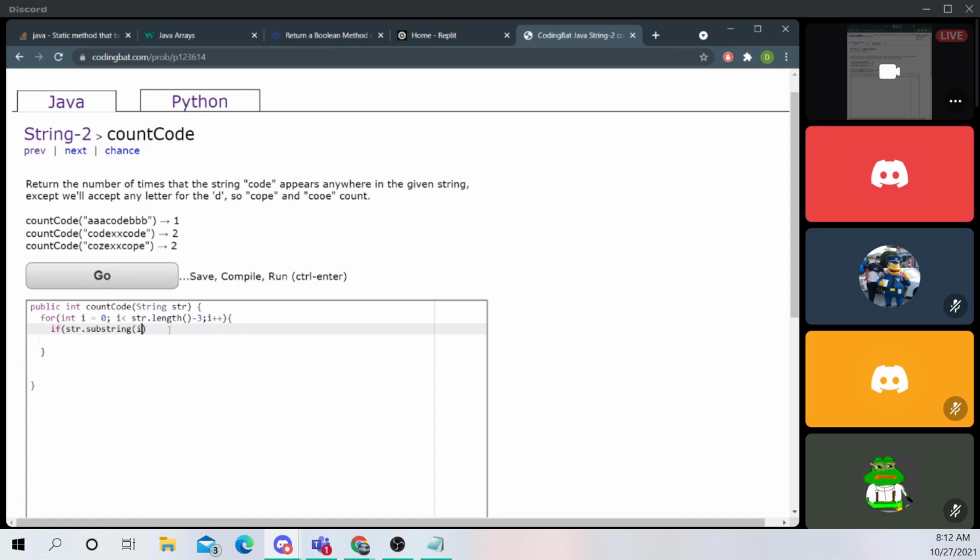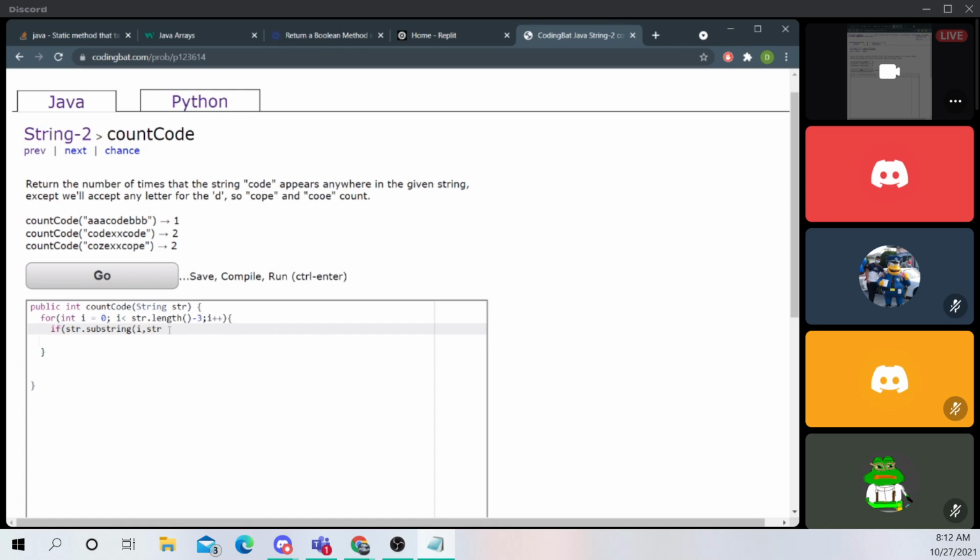Substring is right, and then you'll just do i, and then a comma after the i. Inside of the parentheses, yeah, back a little bit more. Inside there you can put the comma, and now you're going to be going from the i position to,